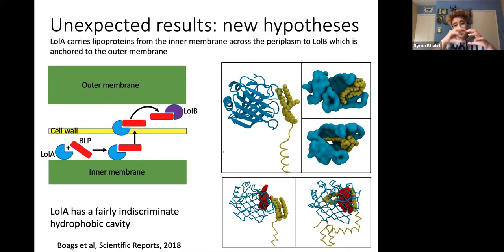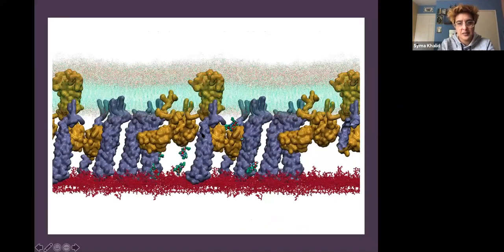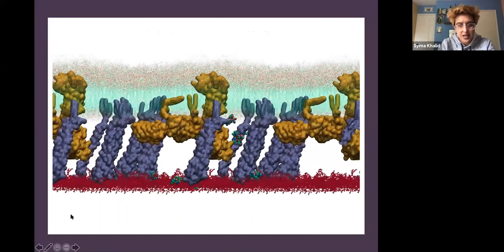Okay, so it's just a greasy cavity. Anything that's hydrophobic can bind into this cavity. We know that already. Okay, and that's important to keep in mind when I show the results that we have for these simulations. I'm just going to show you a gratuitously pretty picture here